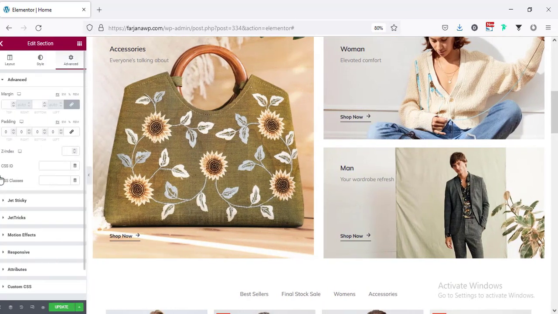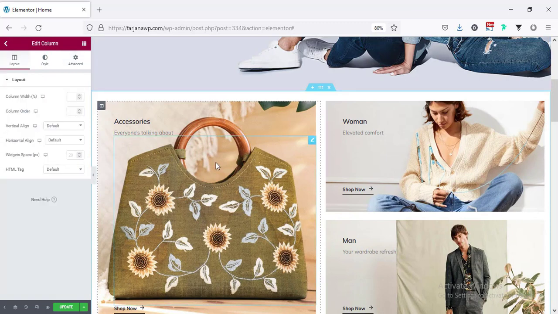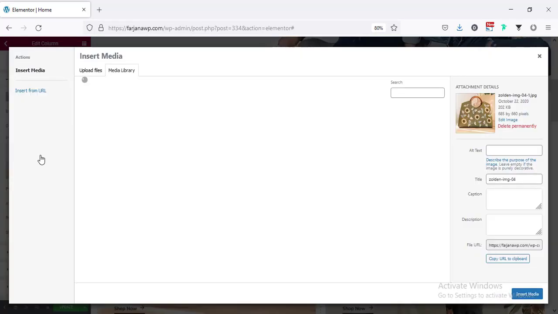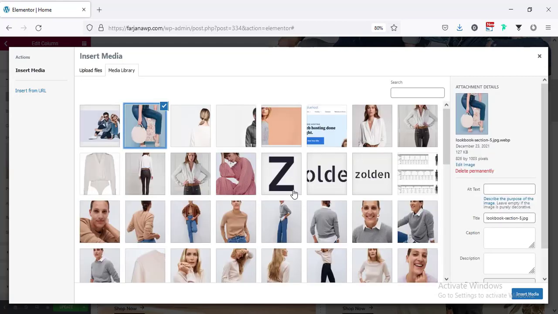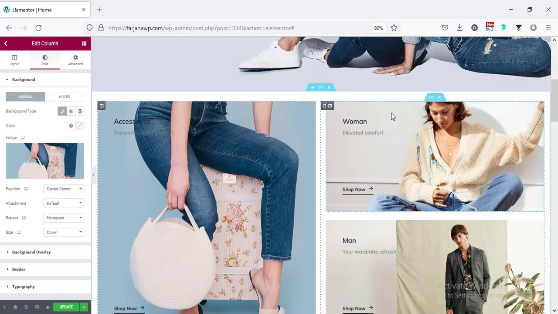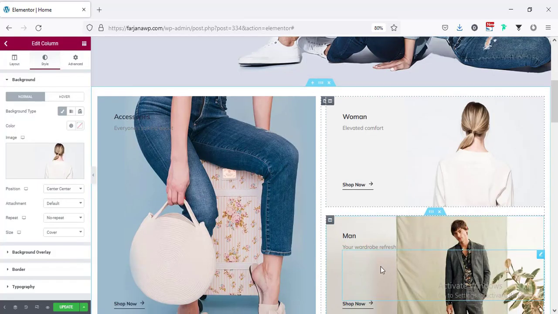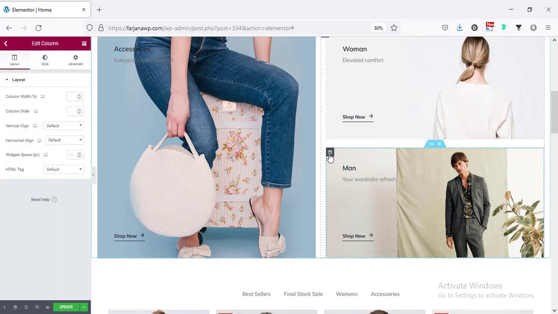So going here, and for the first one, if I go to the edit column, it's also the column background. So going to style tab, and now going to upload another one for accessories. So I'm selecting another image, and also for this one, going to edit column, going to style tab and changing the image. And also for the third one,